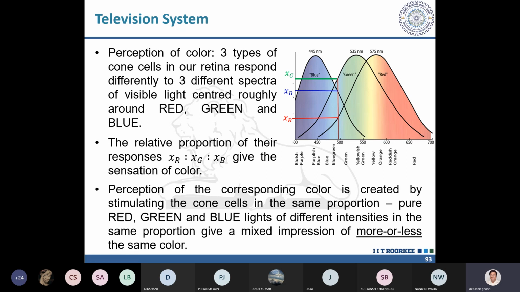In the last class someone asked me whether electromagnetic waves having different frequencies will mix up, whether they will interfere with each other, and I said no. One sinusoid of one frequency and another sinusoid of another frequency will remain as they are. It will be sine theta 1 plus sine theta 2, but it cannot produce a new frequency. They will not interfere and they cannot produce a new frequency. One good example is light. Light is also an electromagnetic wave.